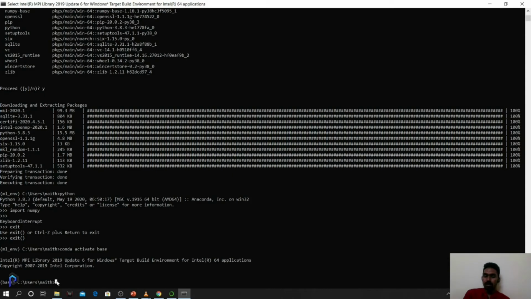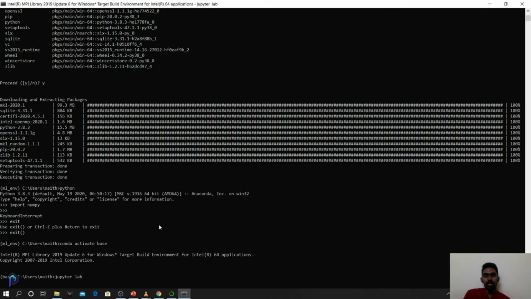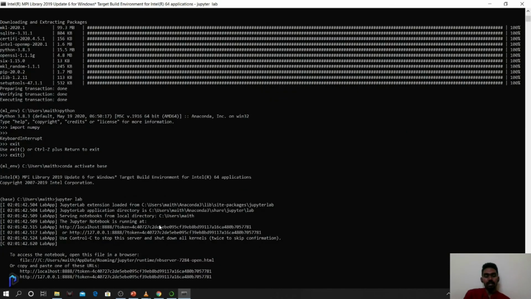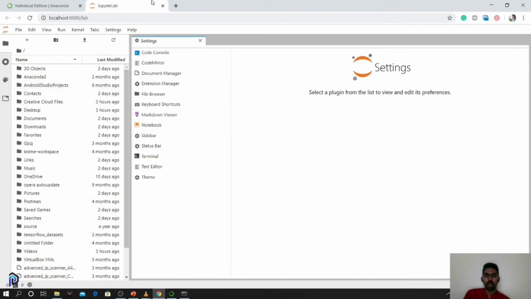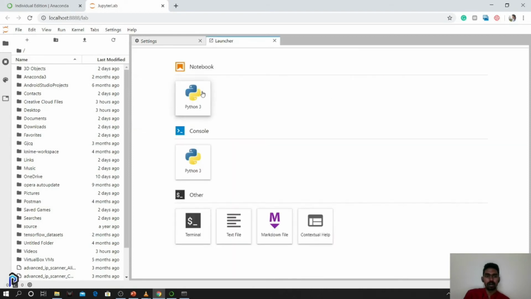So we saw Jupyter Notebooks and Jupyter Labs in Colab, right? So I can spin a Jupyter Notebook with Jupyter. I'll start with Jupyter Lab. So if I enter the command over here, the Jupyter Lab instance would be created, which is actually running in my local system. Okay. So I can create the new documents over here. I can create files, Python files over here.